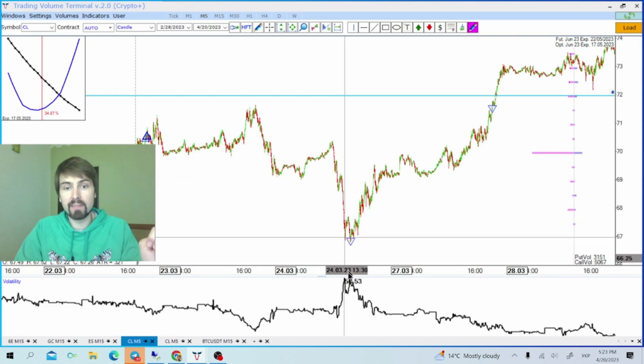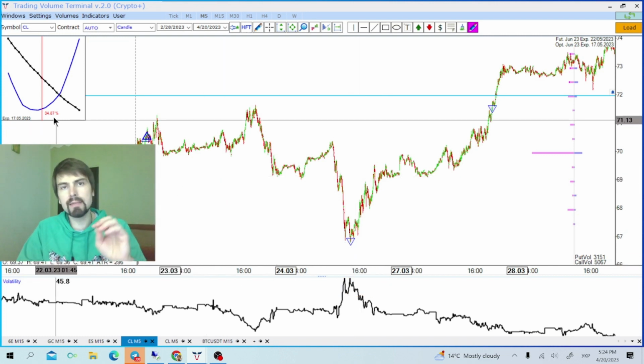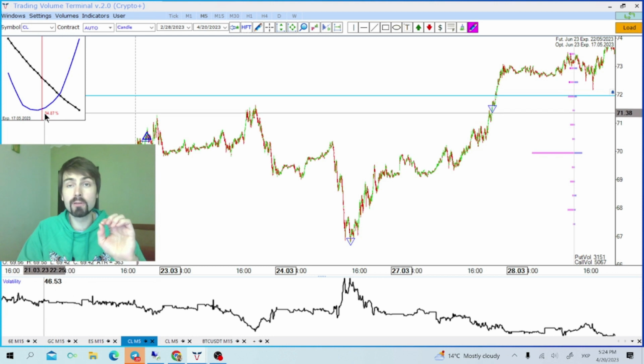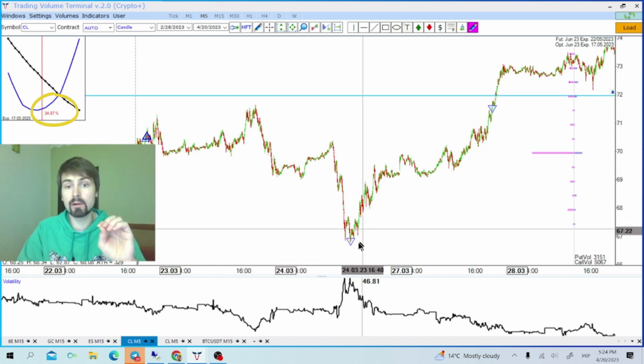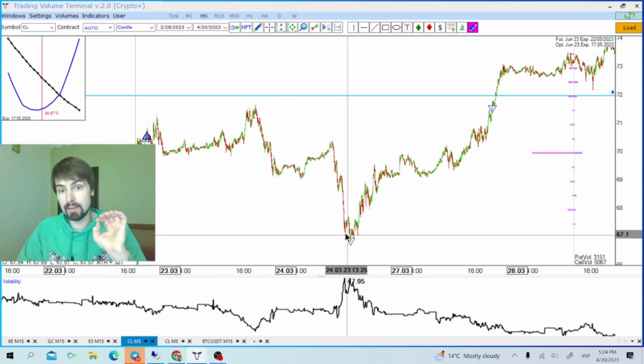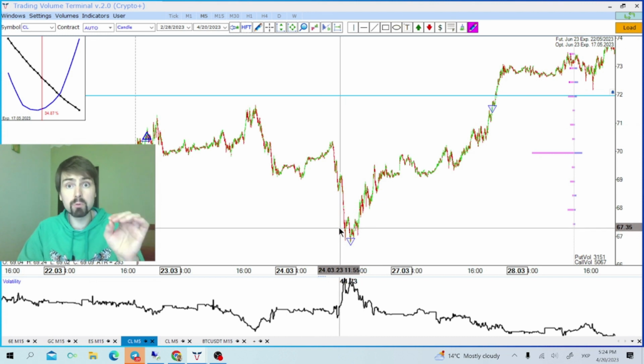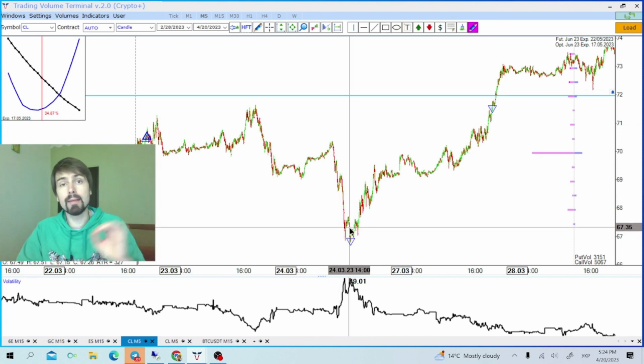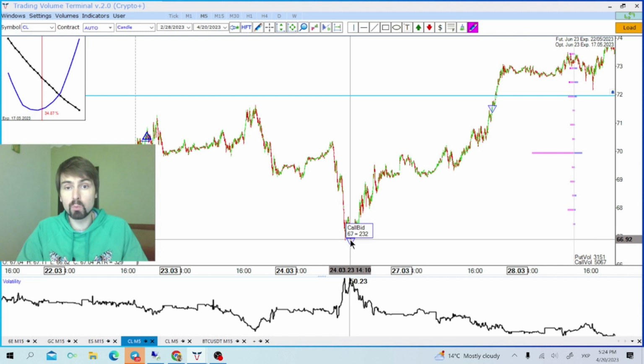We can see here that the volatility index is near 50. The normal condition is 34% of volatility, but here it is almost 50. And those are very important situations where the market can make a reversal. Also here we see that